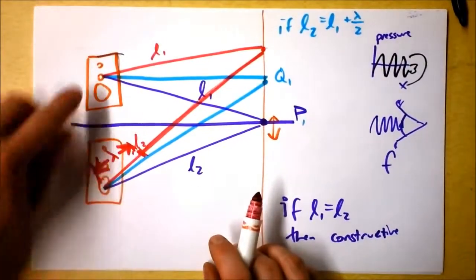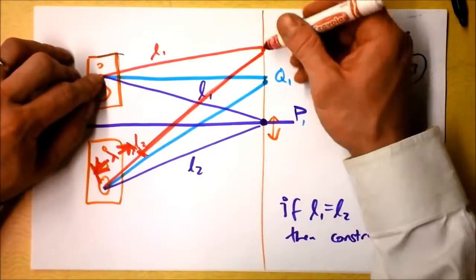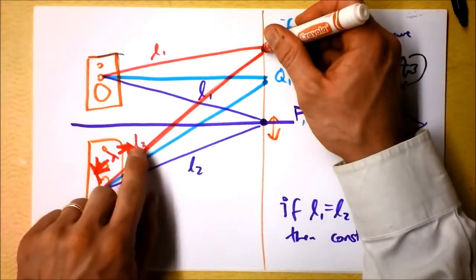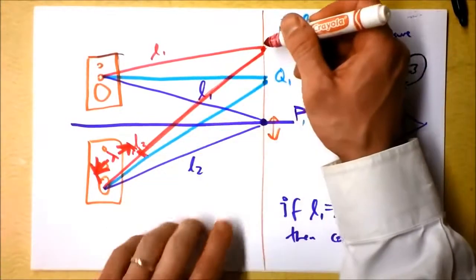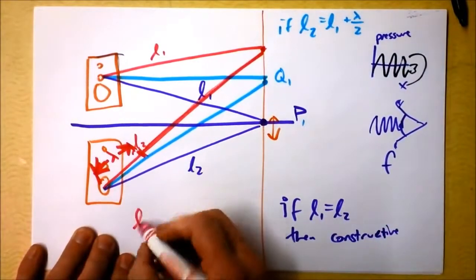Well, if that's a wavelength, then if this guy's putting out a crest right now, let's say it was putting out a crest right there also, then this guy was putting out a crest right now, and it was putting out a crest back then, and is putting out a crest right there. That means we're going to get constructive interference again. Wait a second. So here's what I can say now. I can say if